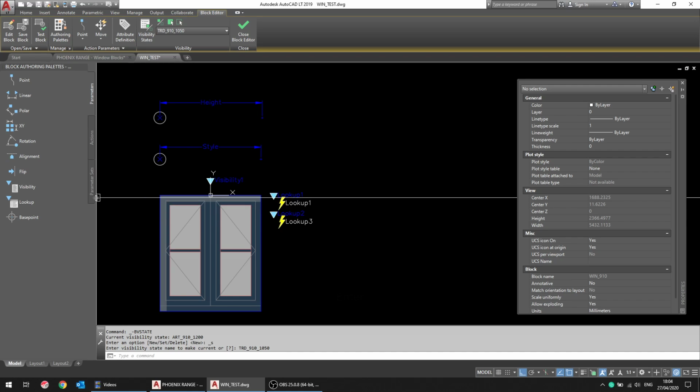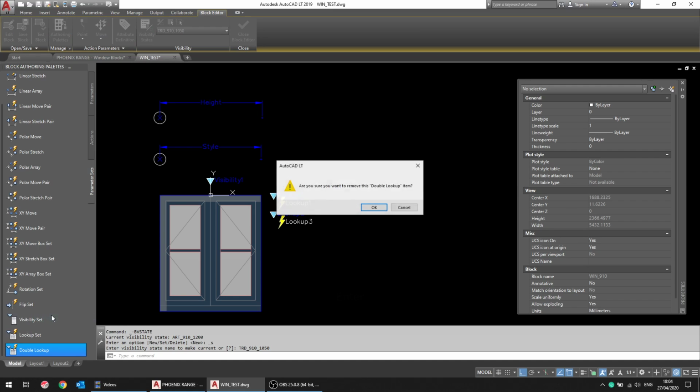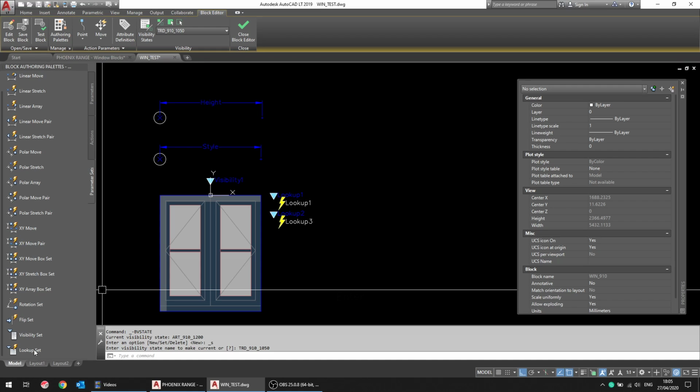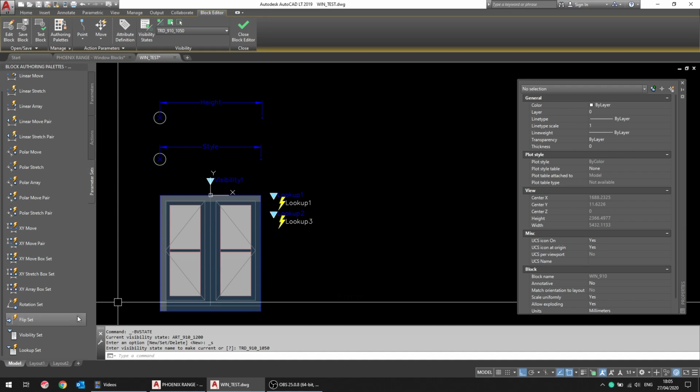So what we're going to need to do, if we go down to this side panel here, we're going to go to parameter sets. I'm going to discreetly delete that so you pretend it's not there. And what we're doing is going to create a lookup set. Now a lookup set is the parameter plus the action all joined up, but what we're going to do is create a new one,